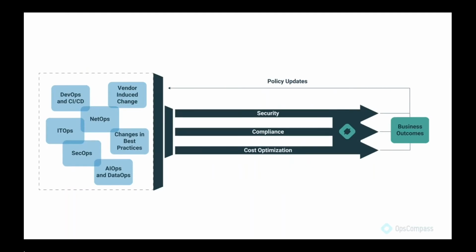That's where OpsCompass comes in, and we're really concentrating. We want to be able to sift through all that drift and all that noise and all that change and really give you a channel that pushes it through and where you can make decisions of what you need to do for the best business outcomes. Maybe it's blocking, maybe it's an exception, maybe it's just a notice, hey, this is a great pattern, we should utilize this elsewhere. We also then create that feedback loop back to the policy engines in the different clouds so